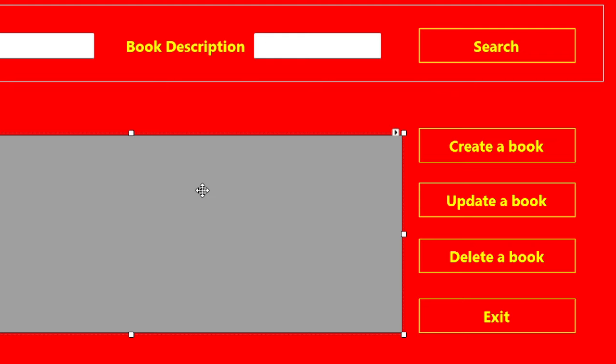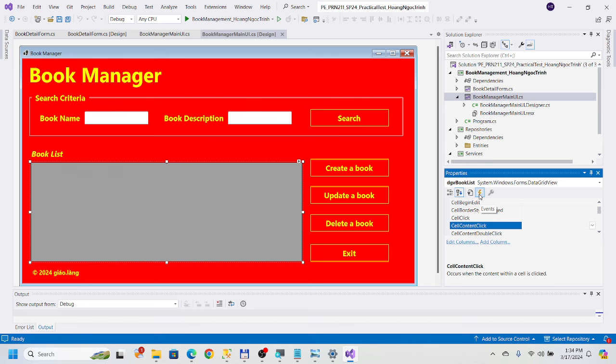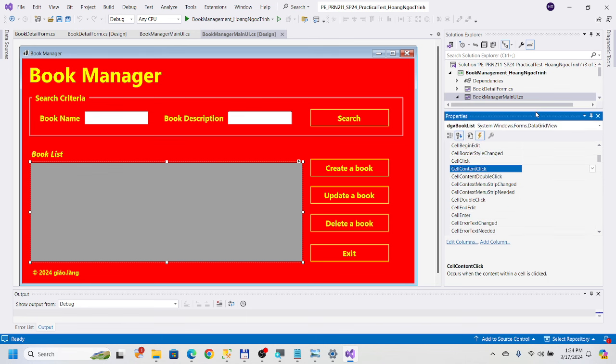Click on this. You see, click on the event, the flash icon. You see multiple kinds of events that can happen on a grid, and you can associate a specific action of the end user with a specific method, and in that method you reset the selected book. So that is the hint for you to work with to overcome the minor bug we encountered with